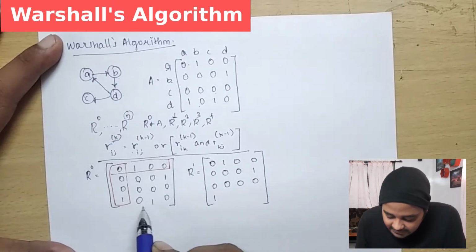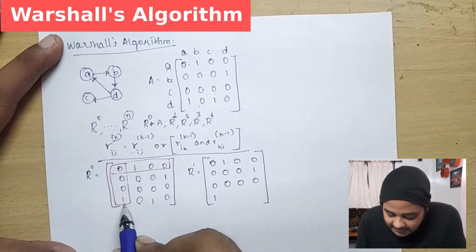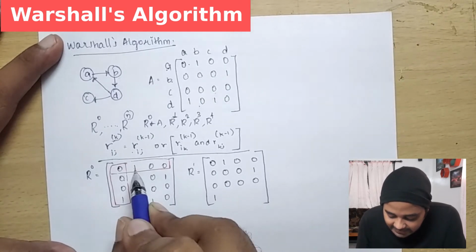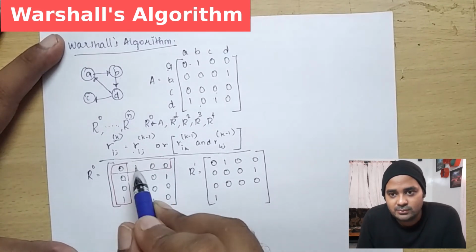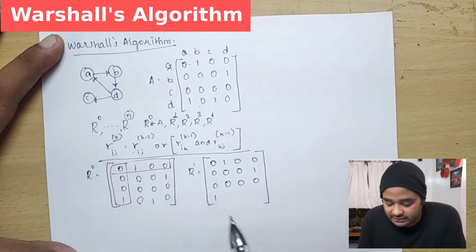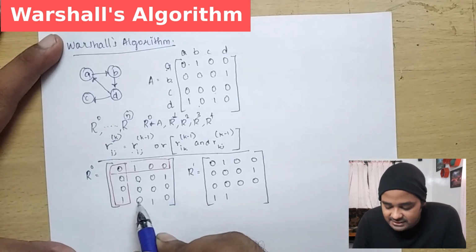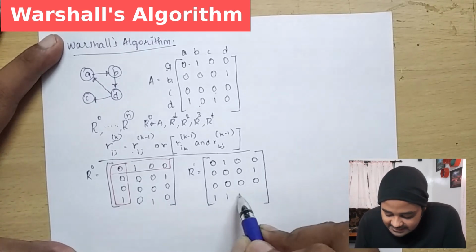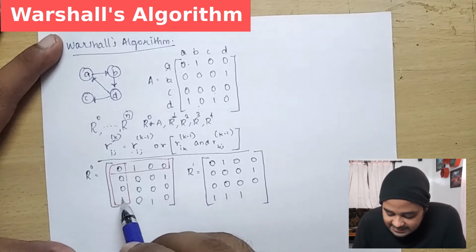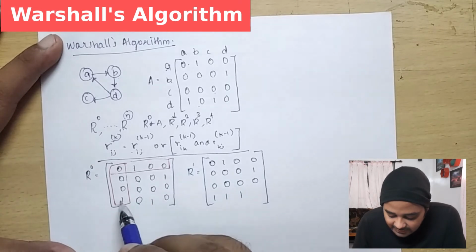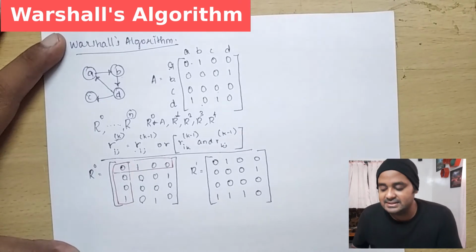Right, so for the next element, if you take a closer look, the highlighted row value is 1 and the highlighted column value is 1. So whenever your highlighted row value and highlighted column value are both 1, you have to replace your 0 with 1, right? So I'm placing 1 instead of 0 over here, right? And then the next value, this is already 1, so I'm just placing it as 1. For the last value, here it is 0 and here it is 1. So both the values are not 1. So we are just copying the previous value, which is nothing but 0.